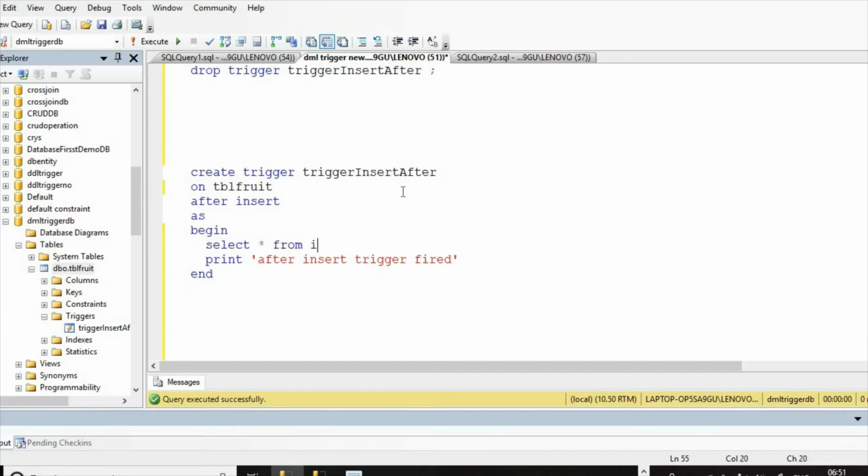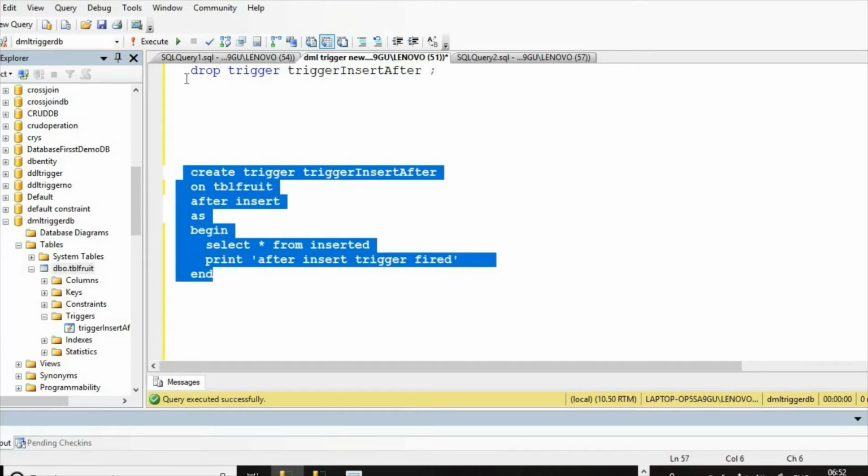Here we can say select star from inserted. Inserted is a magic table. When this trigger fired, at that time the same record is inserted into this inserted table. This is the magic table or imaginary table. So in this table also the entry is inserted. So if we see,